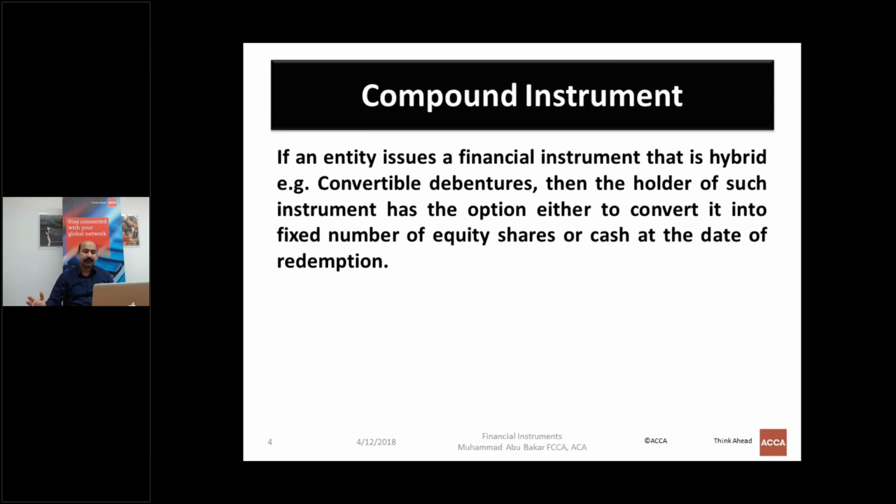Yesterday we discussed if an entity issues a financial instrument that is hybrid, for example, convertible debentures, then the holder of such instrument has the option either to convert it into a fixed number of equity shares or cash at the date of redemption. International Accounting Standard 32 requires that a hybrid instrument should be recorded by separating the debt and equity element. And then yesterday we discussed how we can separate the debt and equity element,